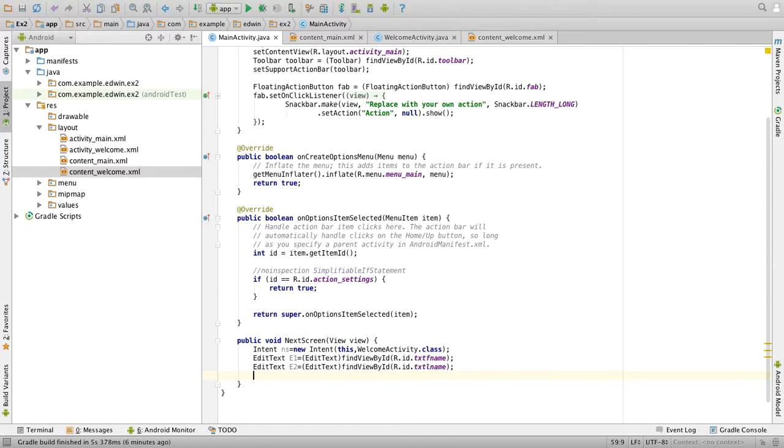So now we have created the objects which will be pointing to those two text boxes, txt fname and txt lname.